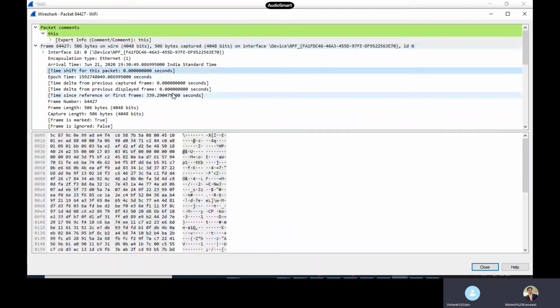If you have any confusion, just use it 2-3 times, 4-5 times, and find the specific thing, because it is used for analyzing your packets and capturing your packets, and getting the information you would like.